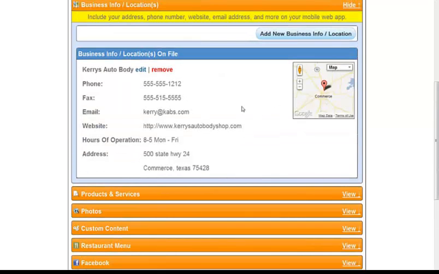And you can sit here and look and you say, okay, man, everything's right. Oops, I misspelled this. Go back and change it. This is probably one of the most key tabs on the entire mobile app. Probably one of the most important tabs on the entire mobile app. Because this is what's going to direct that customer directly to your business. Okay?